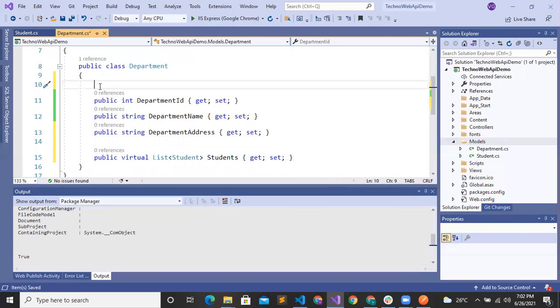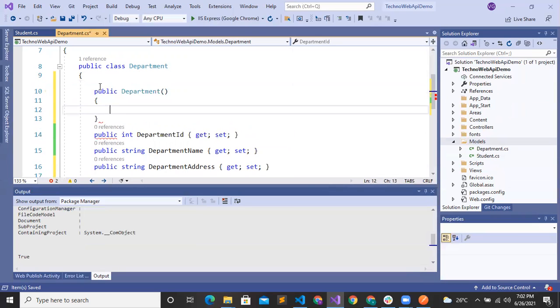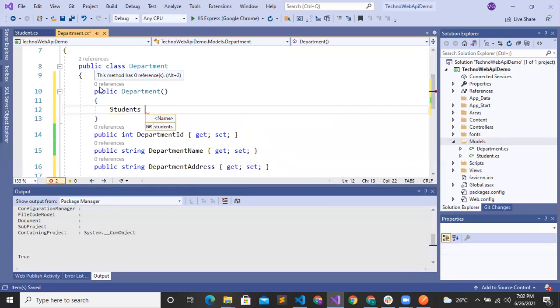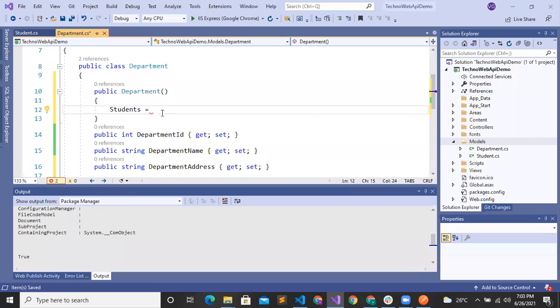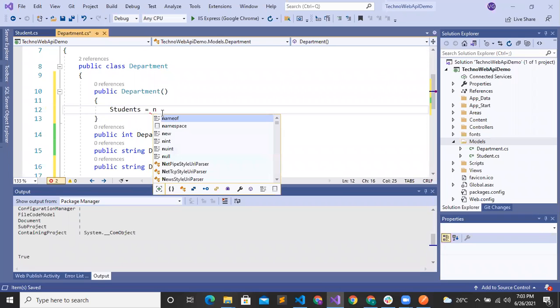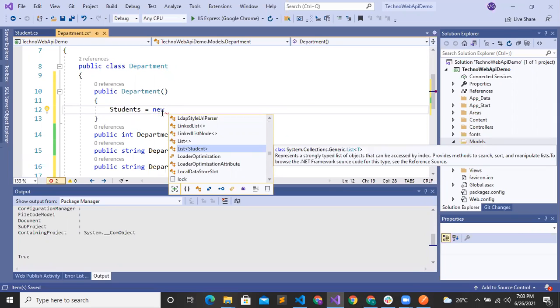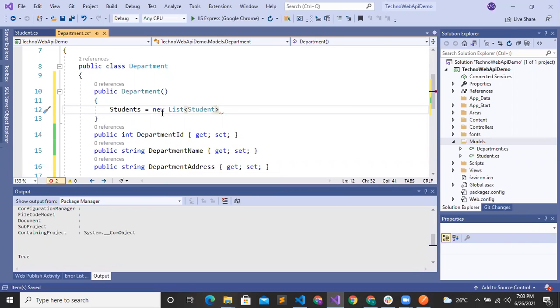Now create the department constructor and create the object of the student list. So type ctor and press tab two times. It will generate the constructor for department. Just initialize the student list inside the constructor. Students equals new, we create the object of the student list using the new keyword.